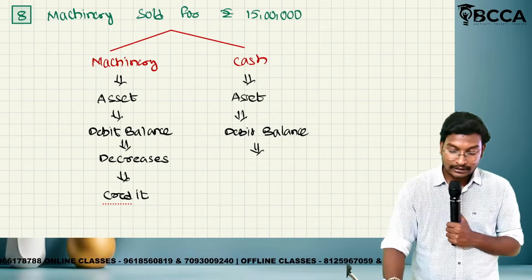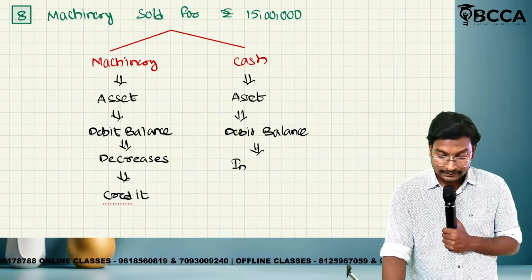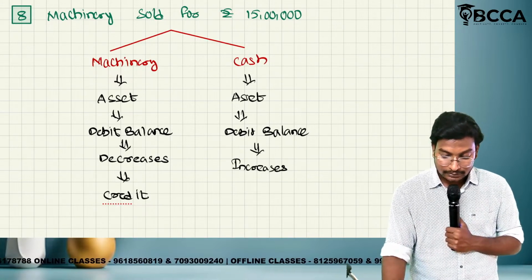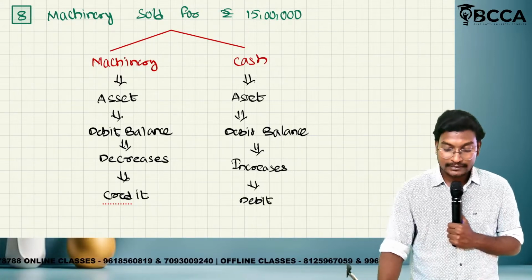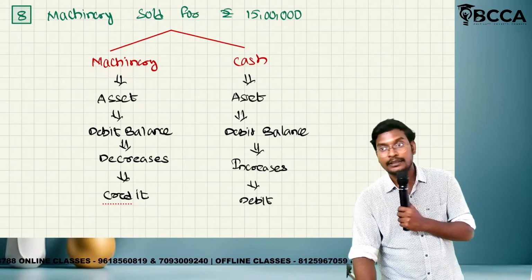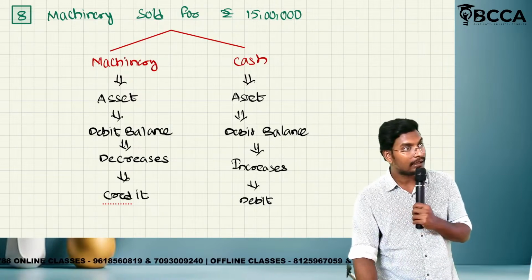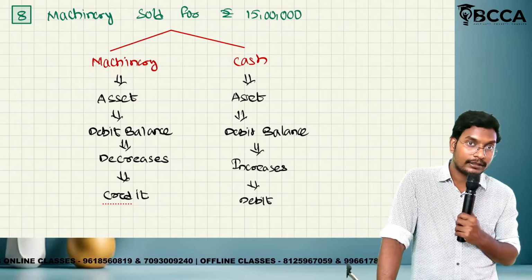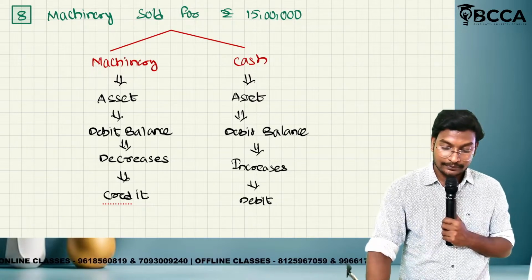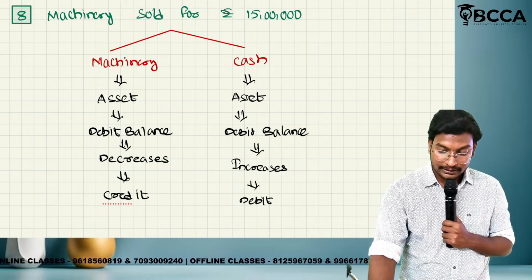So this is called increasing or decreasing? Increases. So when it increases, what do we have to do? Debit. If the debit balance increases, we will do the debit. If the debit balance decreases, we will do the credit. So first we have to write the debit or the credit? First we have to write the debit. So what is the entry? Cash account debited to